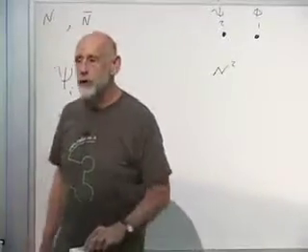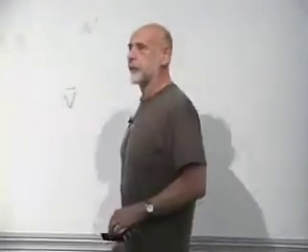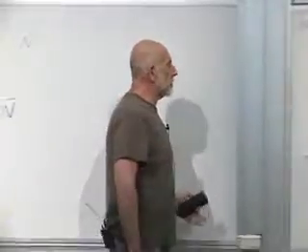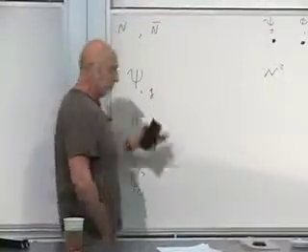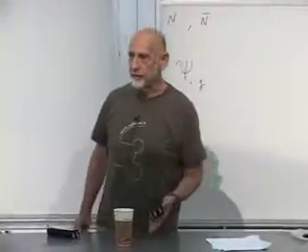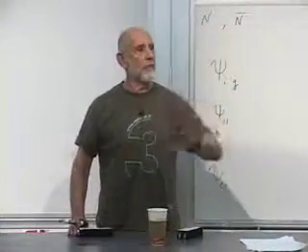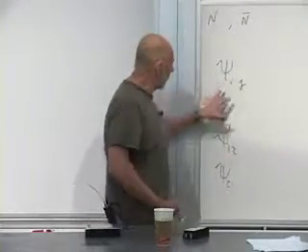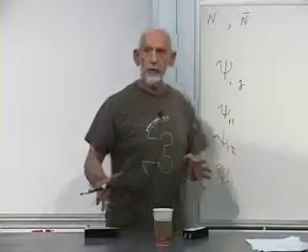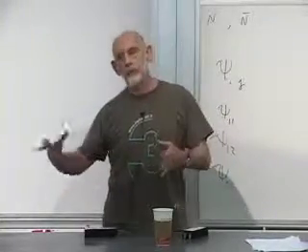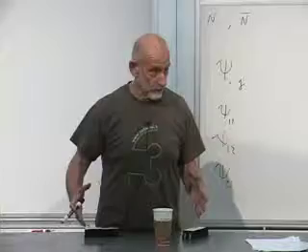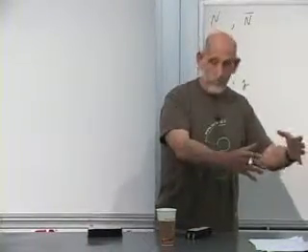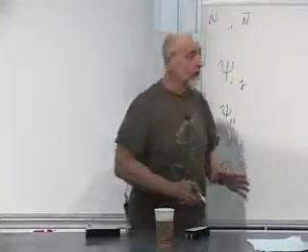But that representation is not irreducible. Now, what is irreducible? That's a new word. What it means is that there are certain linear combinations of psi ij which transform among themselves and don't get mixed up with the other combinations. They can be pulled aside. I'm going to give you an example in a moment, but let's just talk